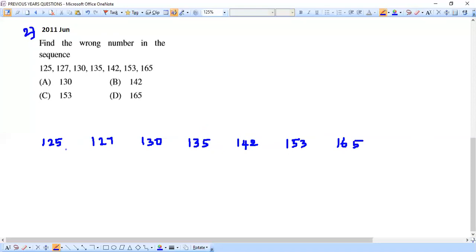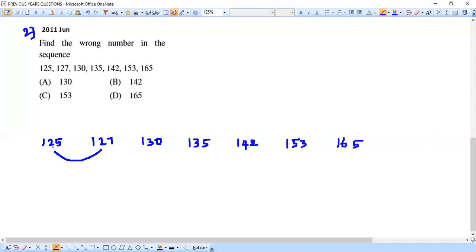I've told this many times. Whenever you get a question from number series, the very first thing we need to observe is whether it is an increasing sequence or decreasing sequence. That's the first thing we need to do. So this sequence is an increasing sequence. Since this is increasing, we need to check with addition only. We'll try with addition. Fine.